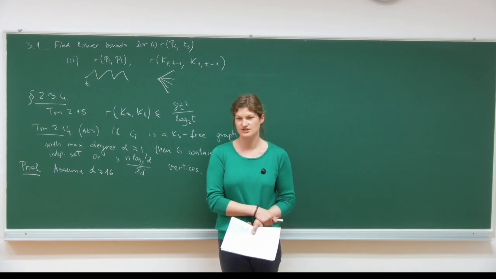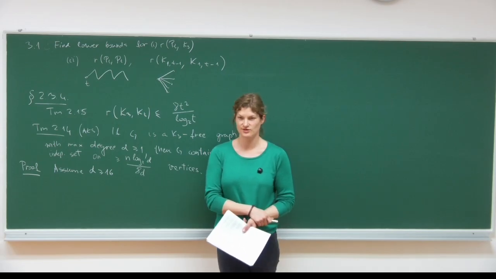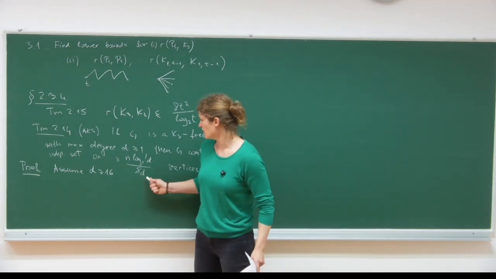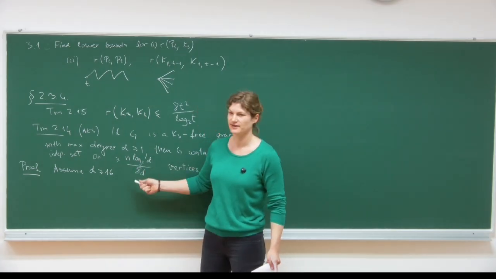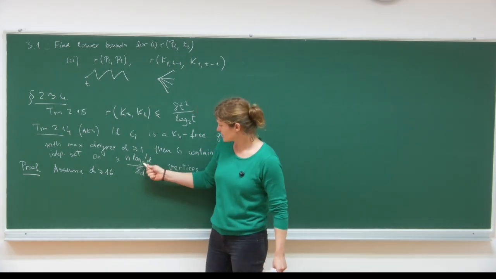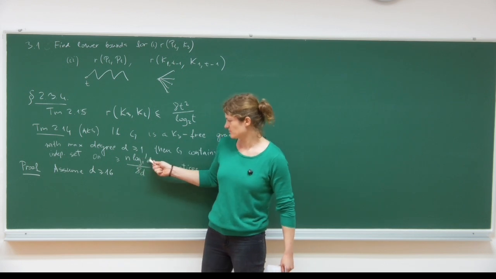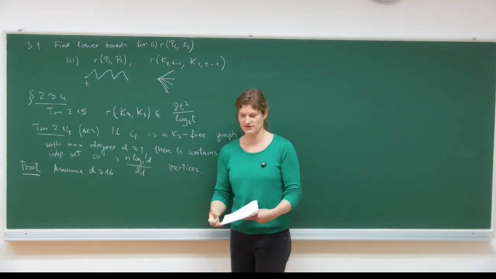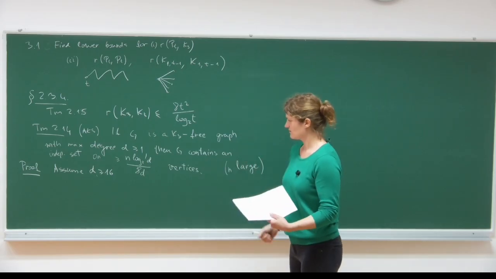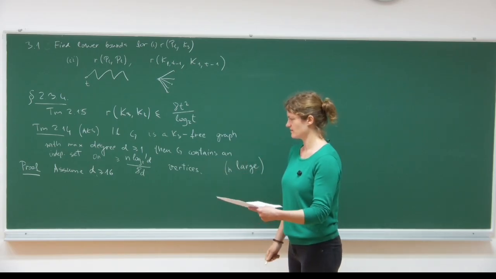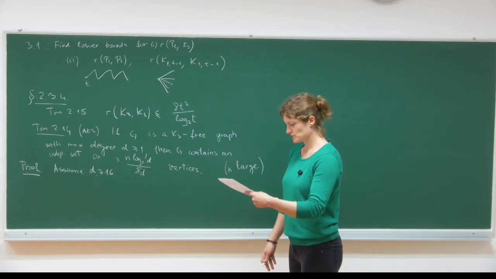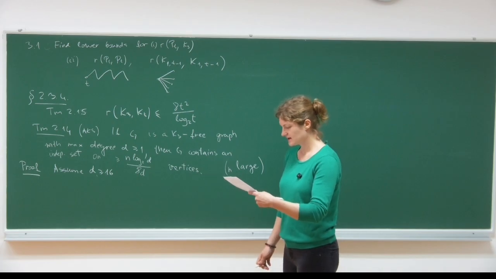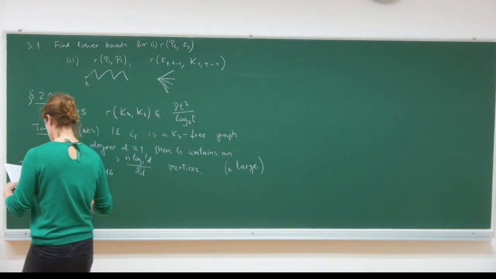Exactly. So that's just Turan's theorem. Here you don't have to use the triangle-free assumption. The whole challenge is this logarithmic improvement, but when D is smaller than 16, this logarithmic improvement doesn't really enter the bound in an important way. Okay, so we assume that D is at least 16, and we consider